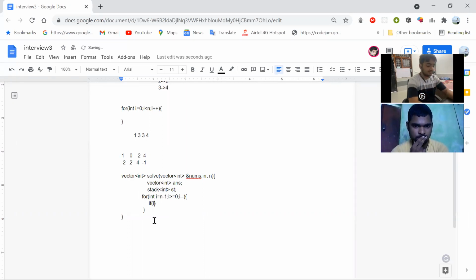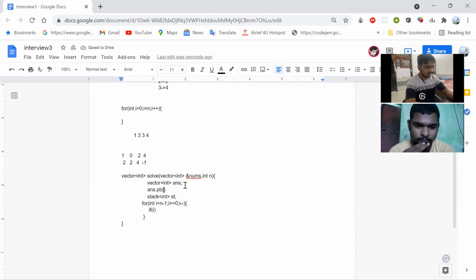If i is equal to n minus 1, initially I'm inserting -1 in my answer, because always for the last element the answer is -1. I'm just using push back.